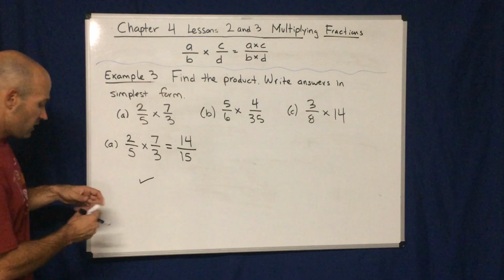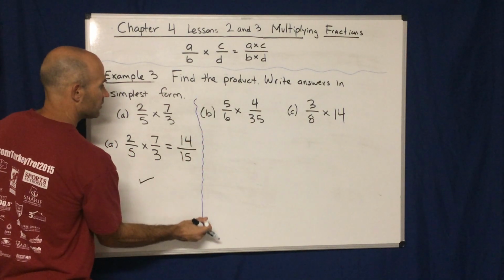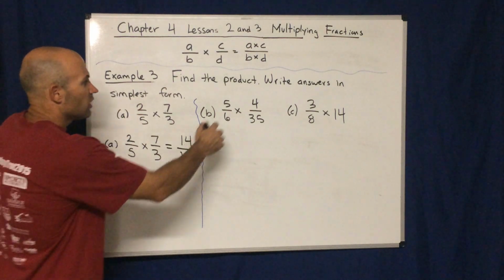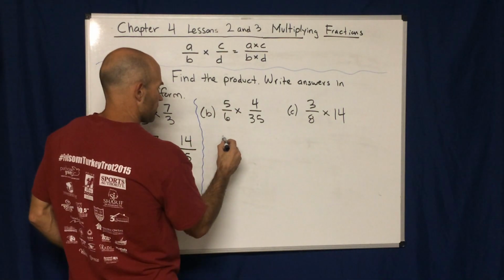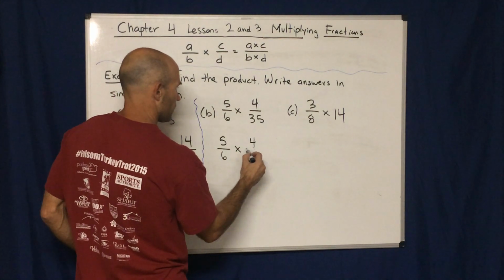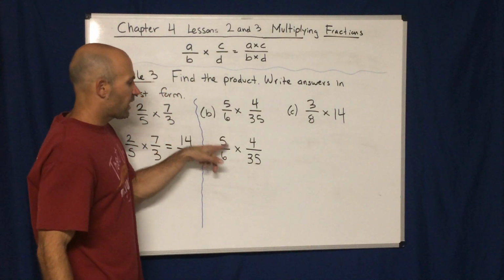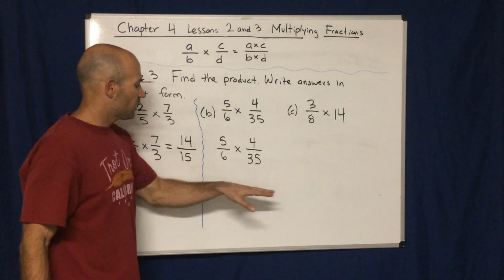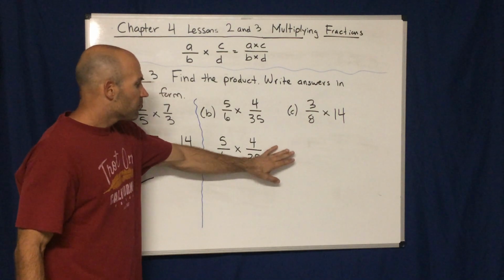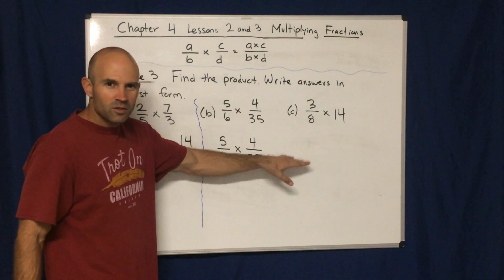Now let's take a look at B. In B, I started to introduce some new ideas that we haven't seen before. Initially you might think to start in the same way: 5 over 6 times 4 over 35. You could multiply straight across. 5 times 4 is 20. Put your 20 down here. 6 times 35, kind of work out what that number is. I think it's 210. And so you get, I think, 20 over 210, which does reduce, and those numbers kind